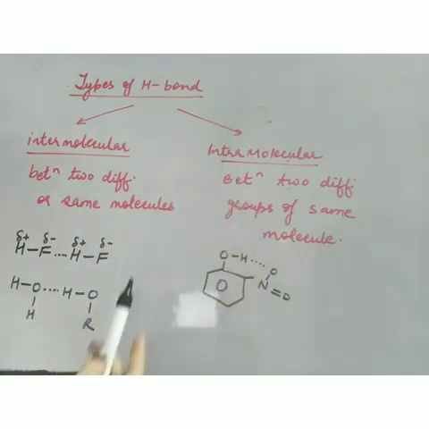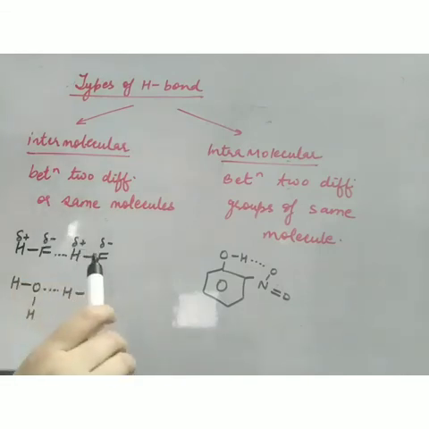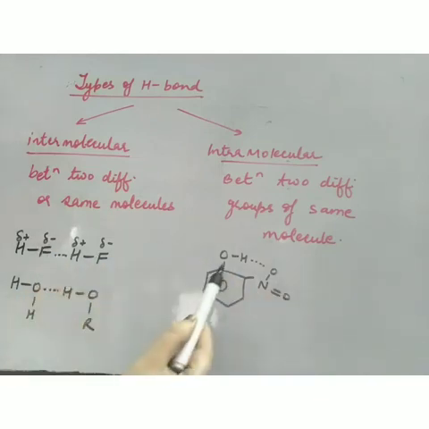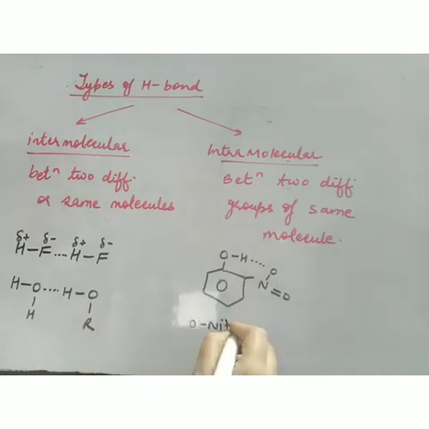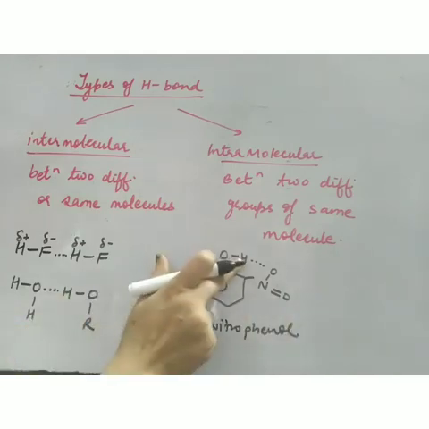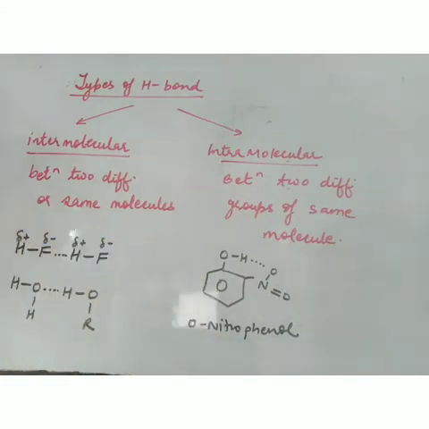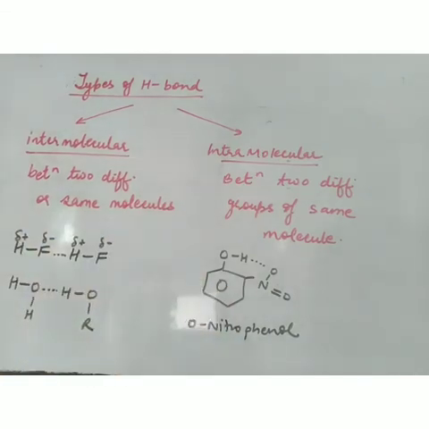And what is intramolecular? It is between two different groups of the same molecule. Now this is a single molecule. One group is OH and the second group is NO2. This is basically orthonitrophenol that we are going to discuss in our organic part. Now this group has H and the next group has O, so there is formation of H bonding. So this was all about a brief introduction of hydrogen bonding, because this hydrogen bonding has wide applications in chemistry, especially in the organic